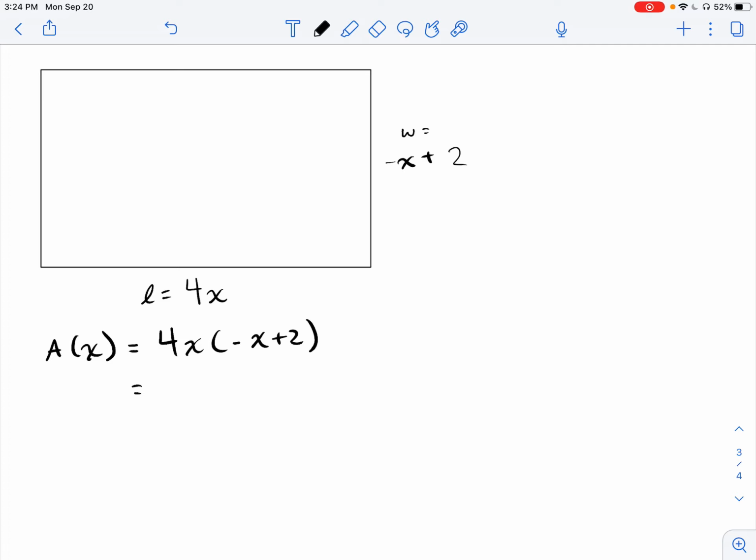And we can actually clean this up here. We can say that this is negative 8x squared plus 8x. So it's a pretty straightforward quadratic function. So if I wanted to find the maximum area that would be possible, I want to know, first off, when that maximum area is going to occur. What would the dimensions have to be? Specifically, what is the x value such that I'm going to get the length and the width that will produce